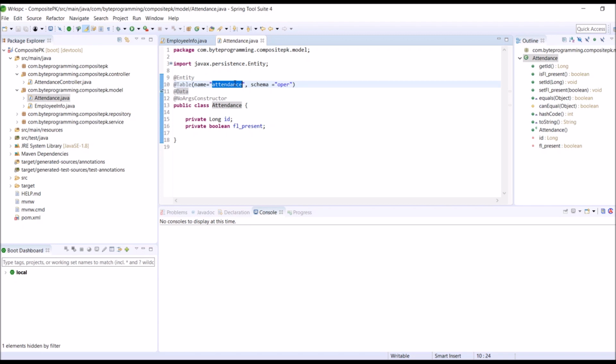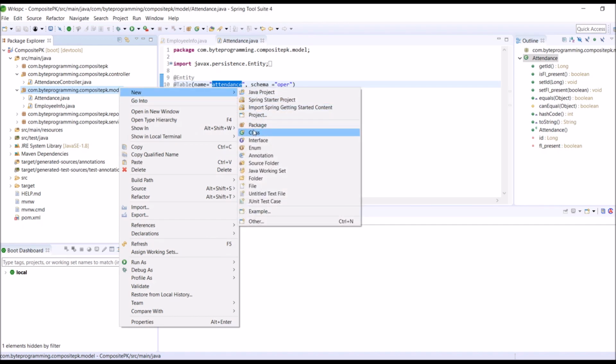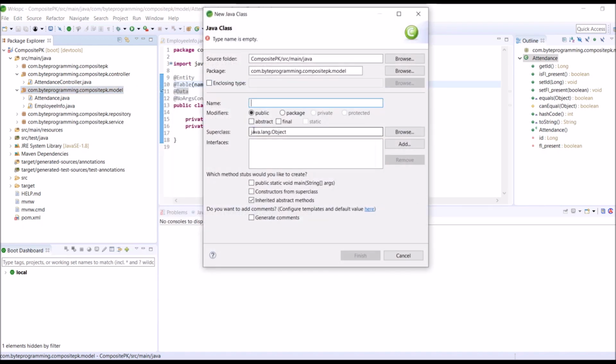Let's create another class. Go to the model package, right click, go to new, click on class, and give the name as AttendanceIdUsingEmbeddable.